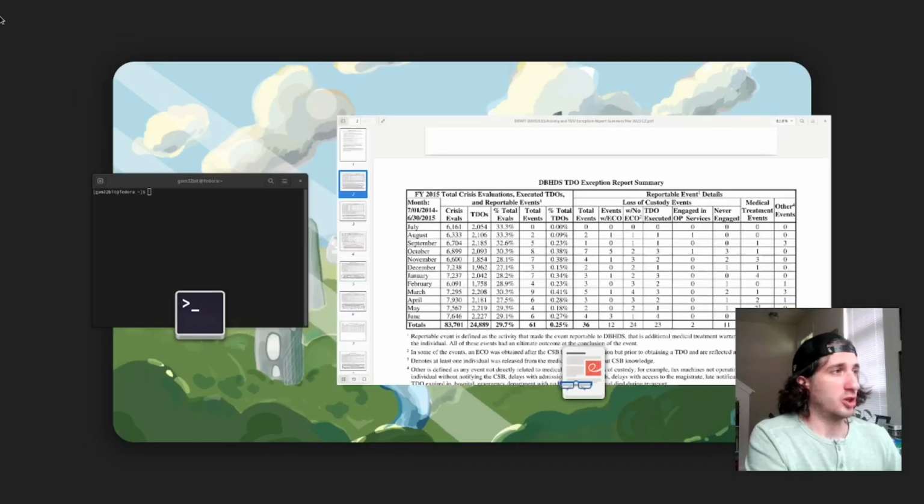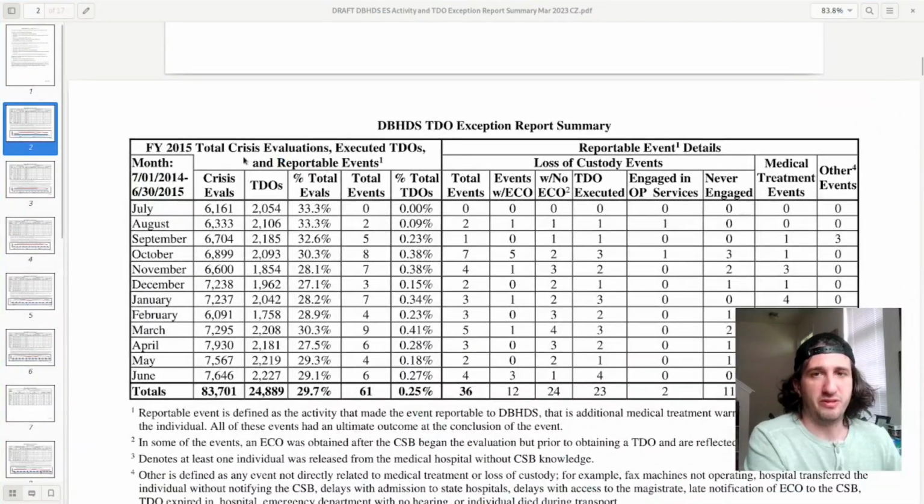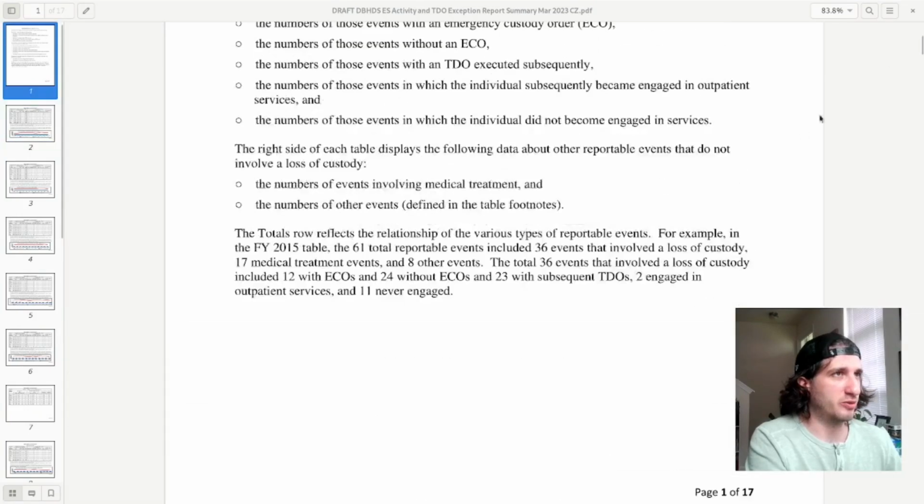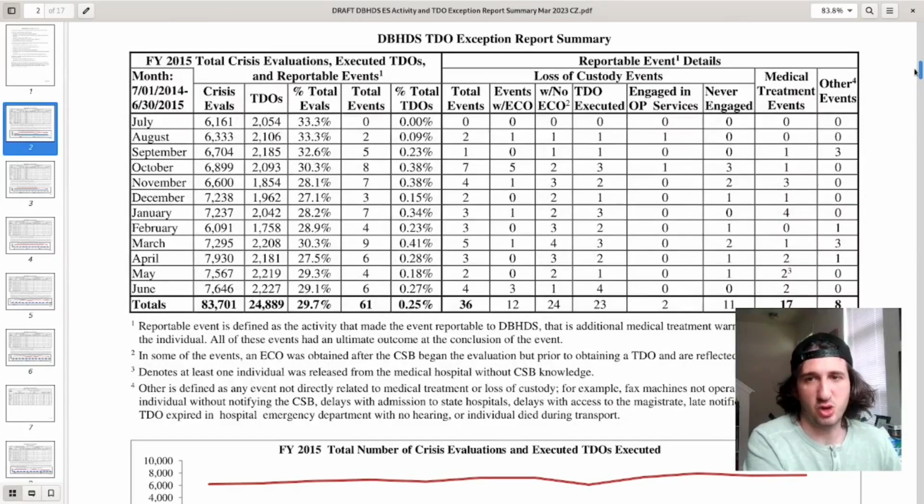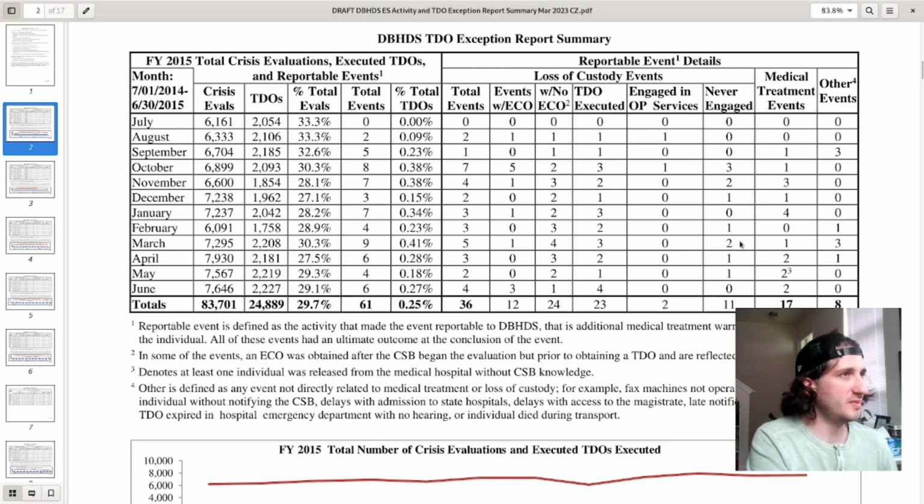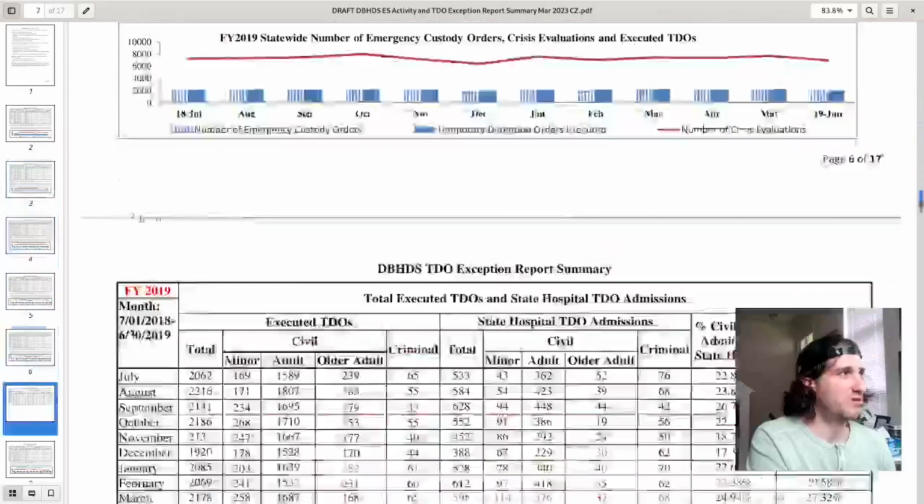So as a journalist, you want to sort of look at the document first before you get into programming to see if you can spot any trends. And for me, I noticed pretty quickly that, if you can see, there's loss of custody events in this table here, and the total events, this is back in 2015. And if we scroll down,